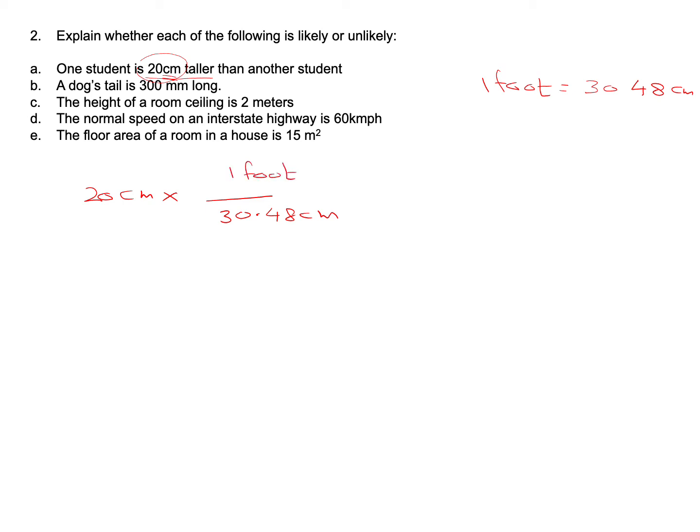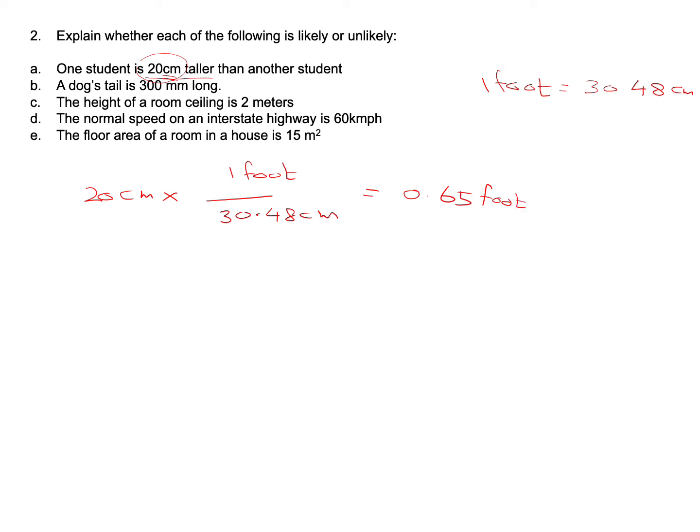So 20 divided by 30.48, let me do the math, 20 divided by 30.48 equals 0.65